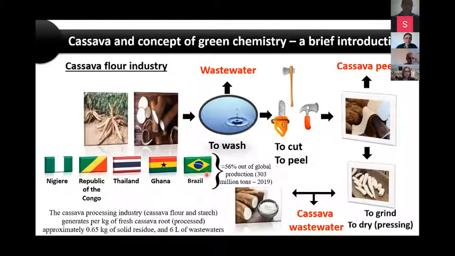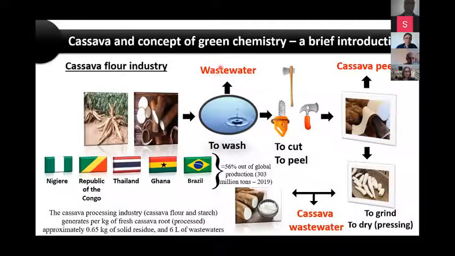And after that, a thermal treatment which produces the cassava flour itself. So it's quite a simple process, but it's worth noting that there are at least 3 huge residues which can be explored